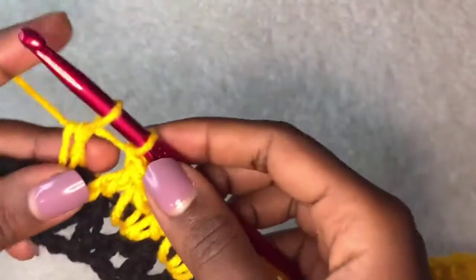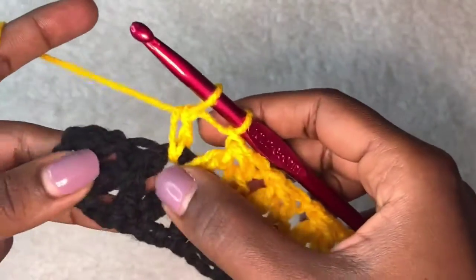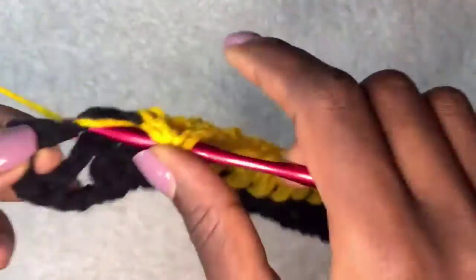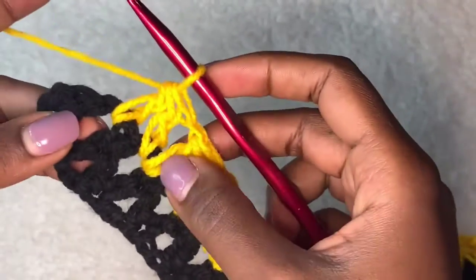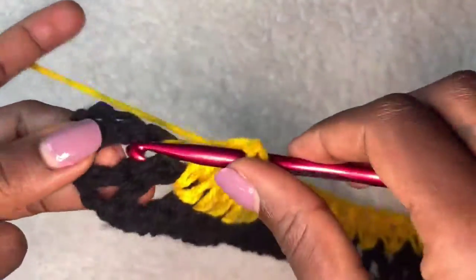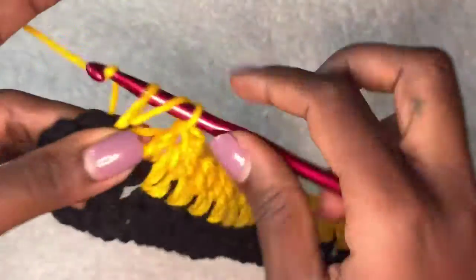So we're coming to the end of our row 2, and you can see I've placed a double crochet, but I haven't yet finished it. So I'm going to place another double crochet in the next V-stitch, yarn over, pull through 2, and yarn over, pull through 3. So I finished this V-stitch, chain 1, insert your hook in that very V-stitch, yarn over, pull